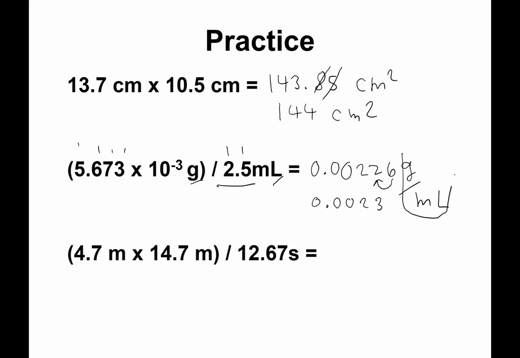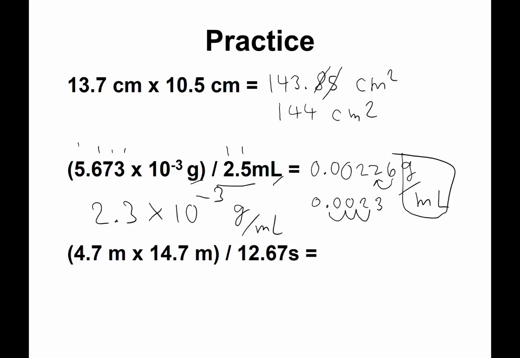0.0023 grams per milliliter. And then in order to communicate the number of significant figures more clearly, it's better to report this in scientific notation. So we move the decimal by 3, 1, 2, 3, so that we can write 2.3 times 10 to the negative 3 grams per milliliter. Now, we have 2 significant figures. We don't have to worry about these zeros that are just placeholders,